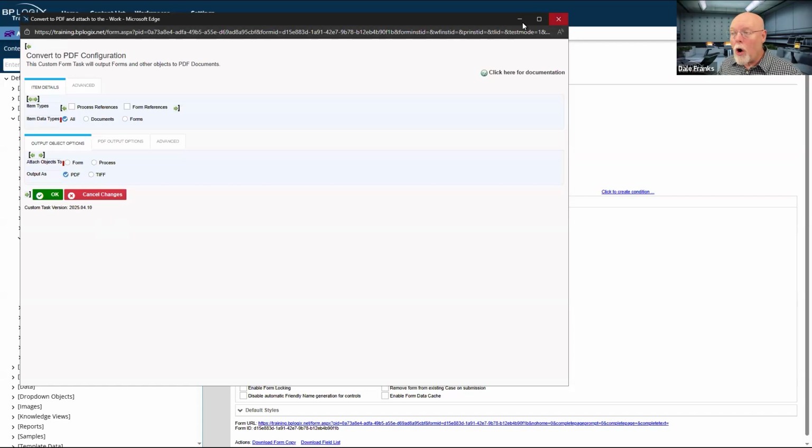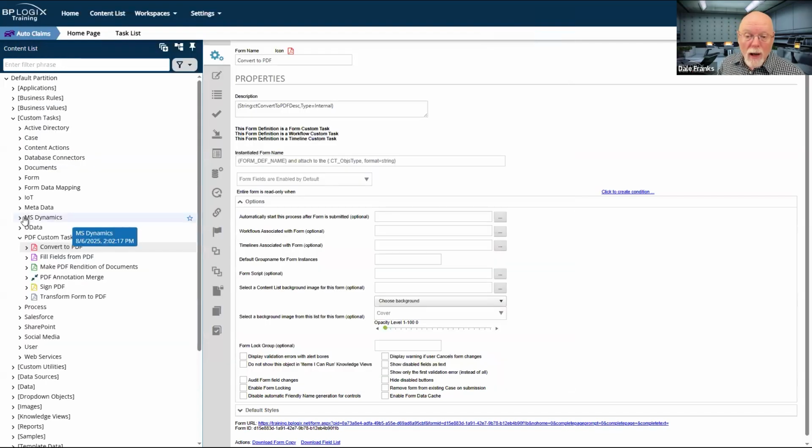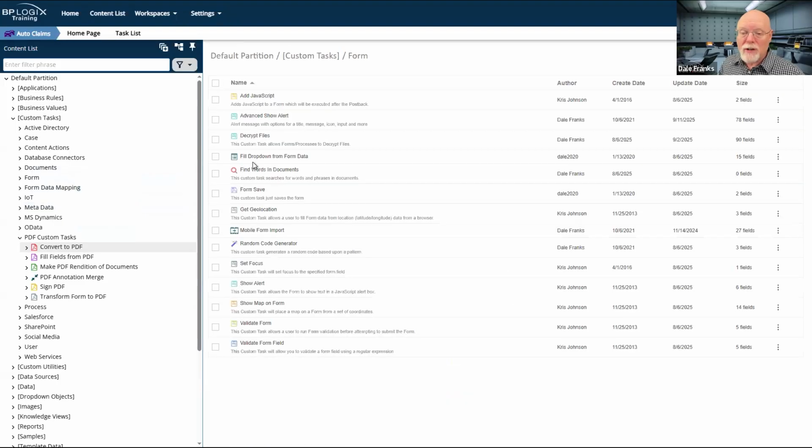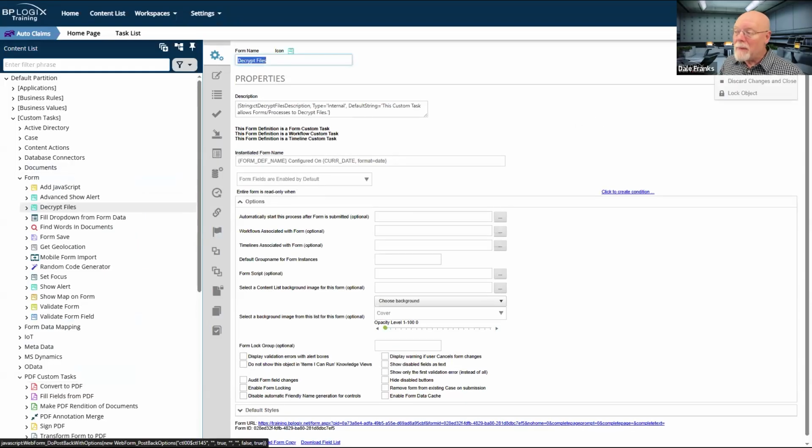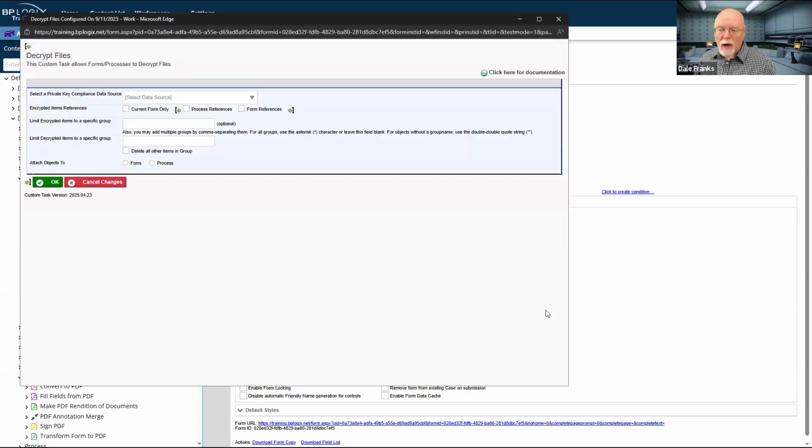Now, that's not always true. For example, the new custom task that we just created, the decrypt files custom task, this one right here, simply can't be used for any version of Process Director earlier than 6.1.3.13.